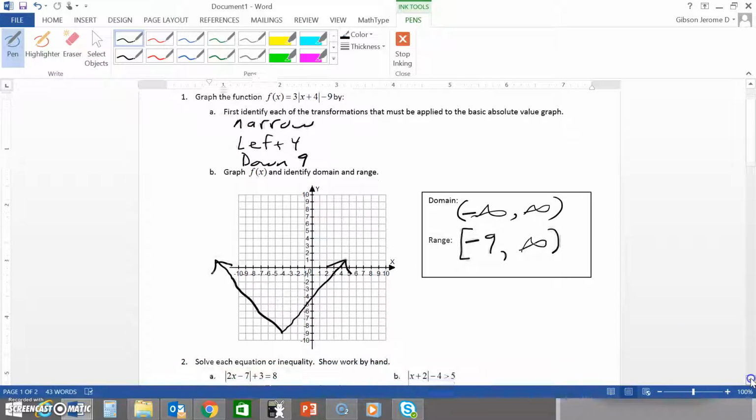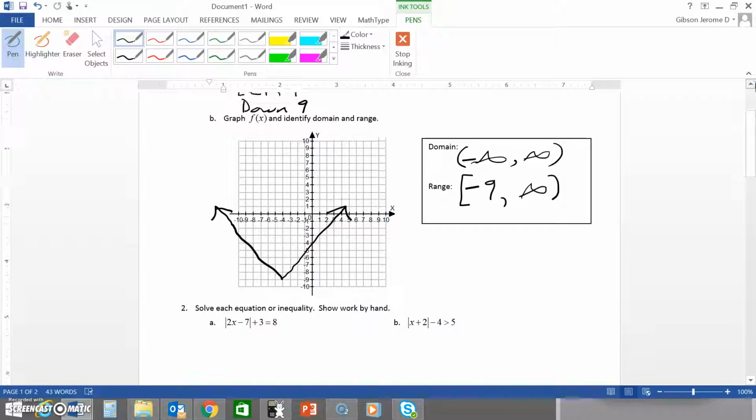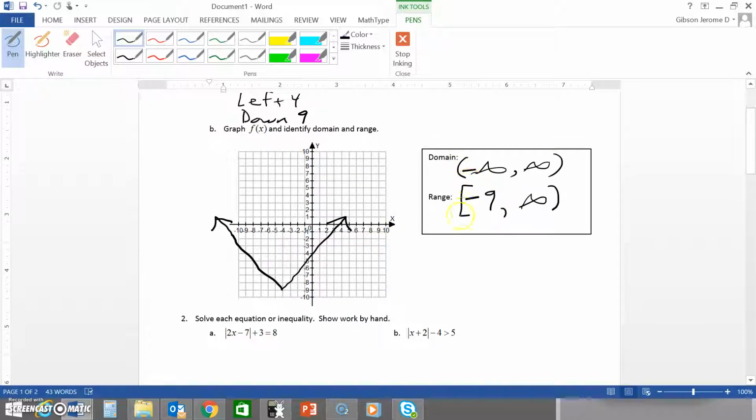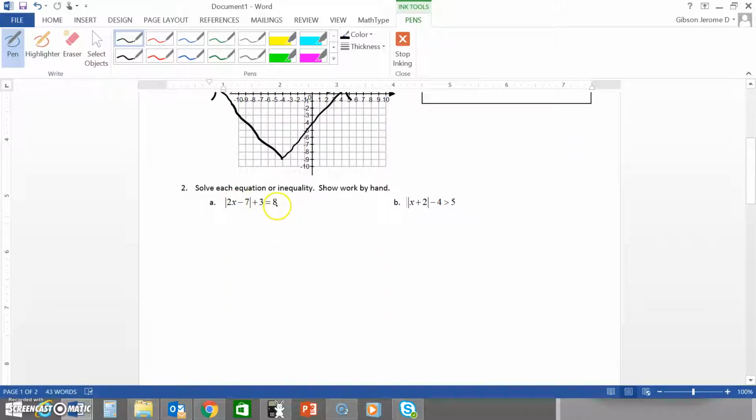Okay, now, and that is basically your domain and range here. Okay, so we go down here to these problems here. We have the absolute value inequalities. Equations are